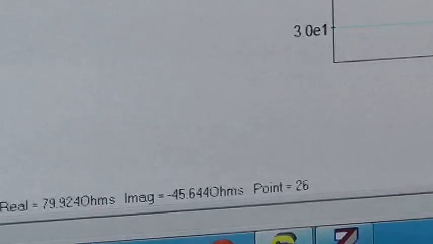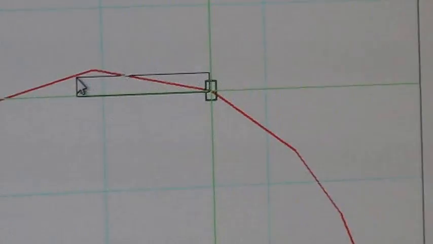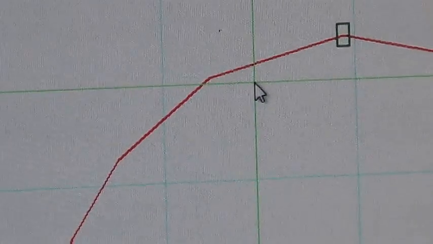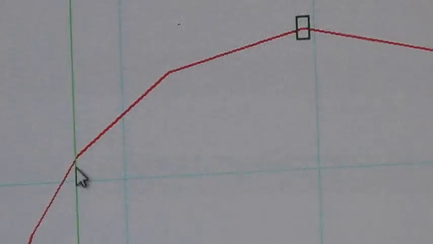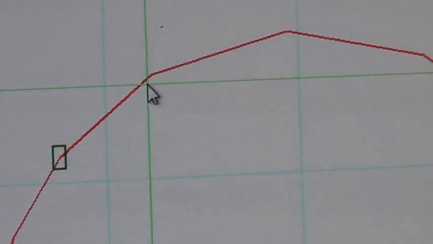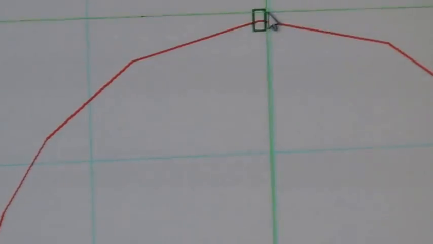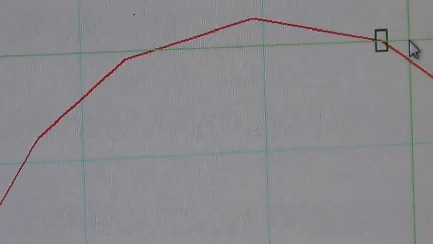You cannot control this here. Zoom, right click, sir. Reset. No, you can go like this, just keep the cursor here, so now it will be shown here. You can go here, here. Location will show.